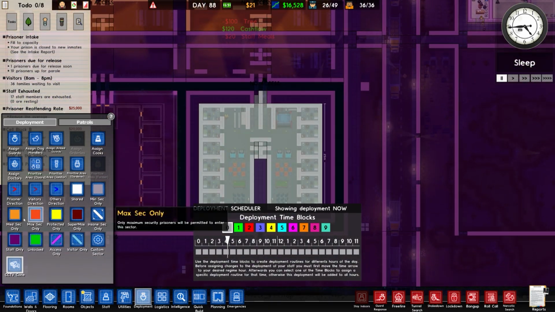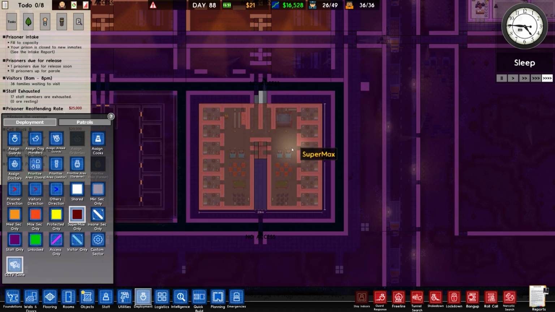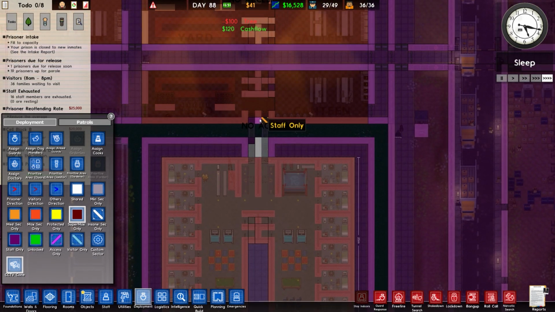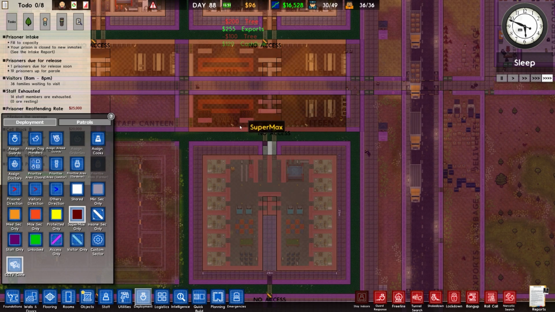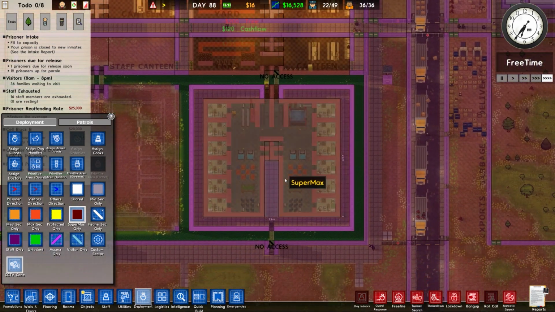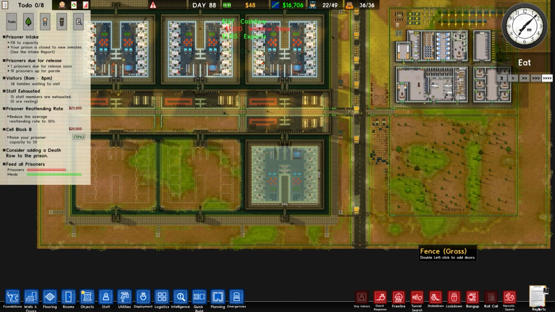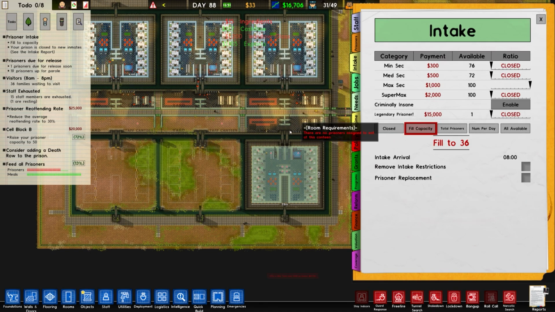Oh, look at that. It's done exactly what I didn't want it to do. I want it to be that, and let's have this set correctly. So this is all SuperMax, and this can also be set to SuperMax, and that piece, and this is staff only. Yeah, that's fine. So we do have SuperMax, but we don't have the intake on just yet. I think it would be